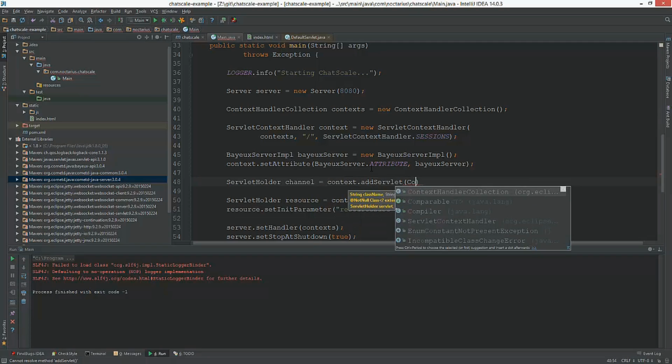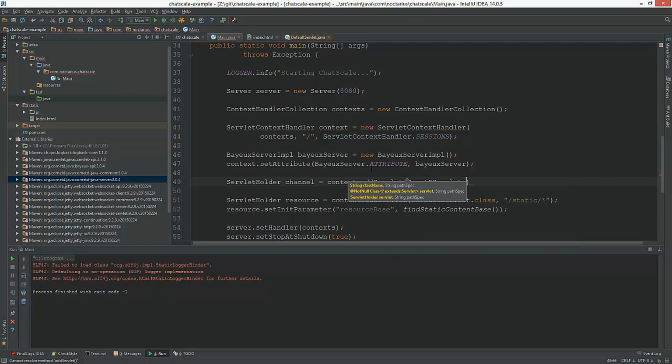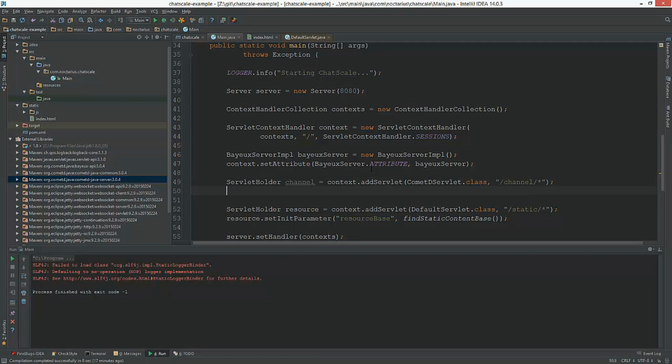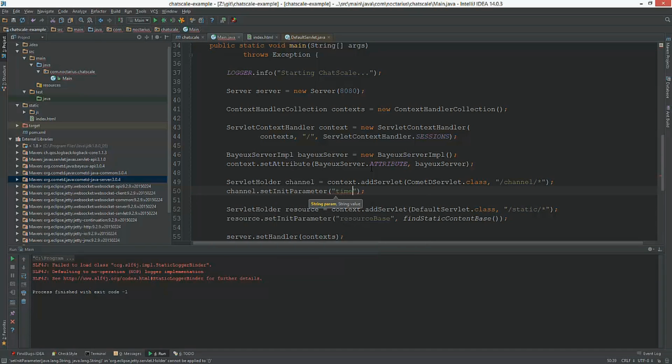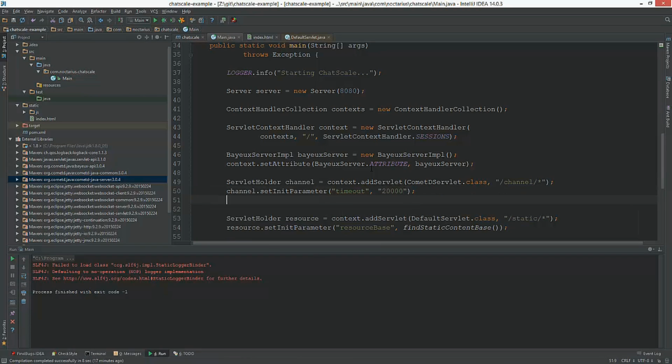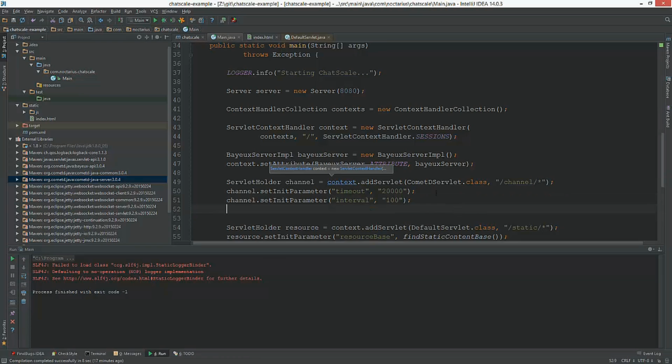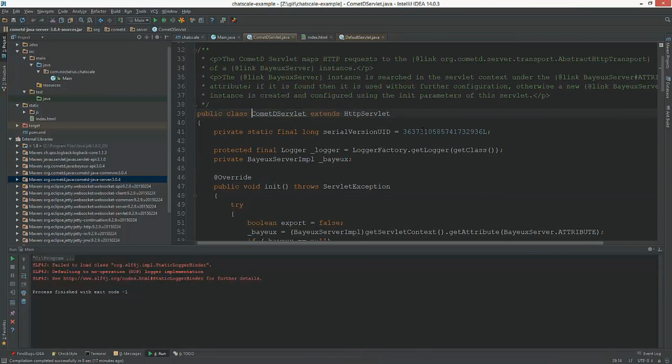So now we need the servlet class, and we want to have it as channel /**. Okay, and we have a lot of init parameters. We have a timeout, which is 20 seconds. So whenever a client is not sending any data or not reconnecting in 20 seconds, we're just killing it. Interval was, oh my goodness, I don't remember exactly.